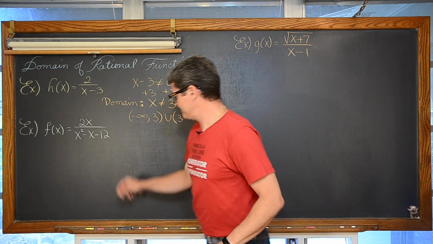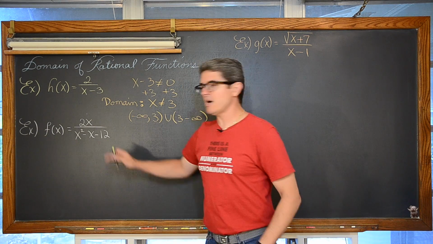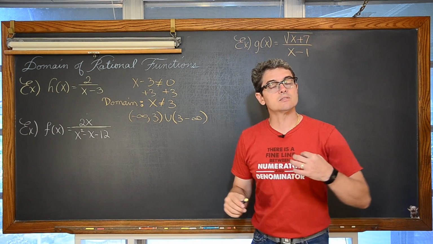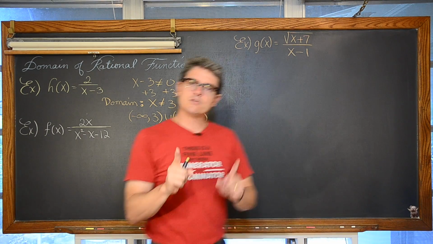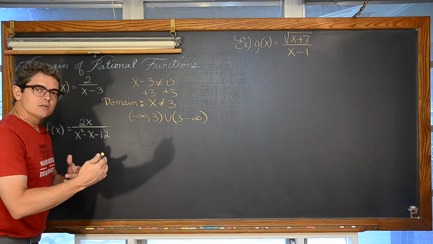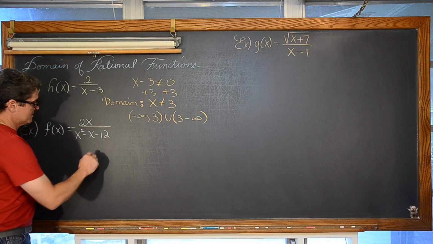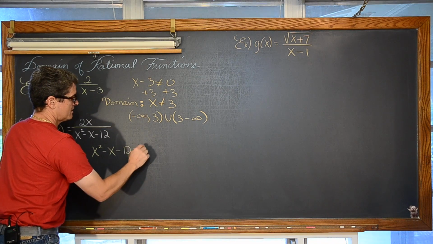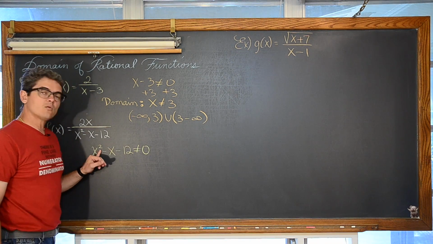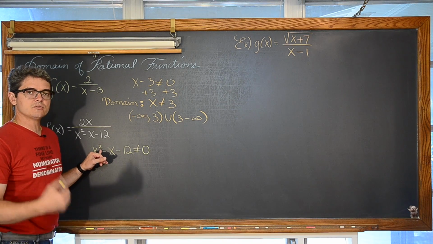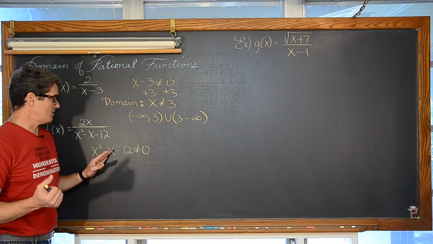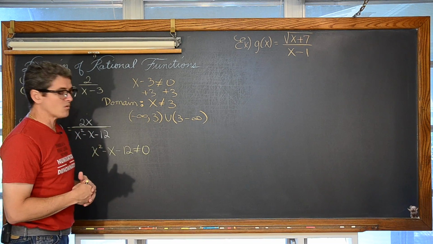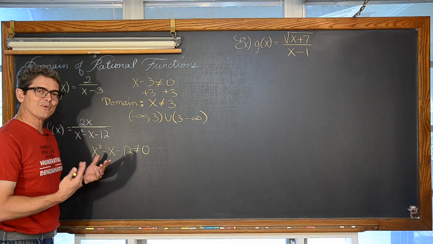Now down here, we have our denominator. Again, we have a rational function. We have division. You cannot divide by 0. That tells you how to set up this process of finding what the domain is. x squared minus x minus 12 cannot equal 0. And we're solving a quadratic equation here. We can solve this using the quadratic formula. We can solve this through the completing the square process, which actually is what derives the quadratic formula. Or we might remember our factoring skills.